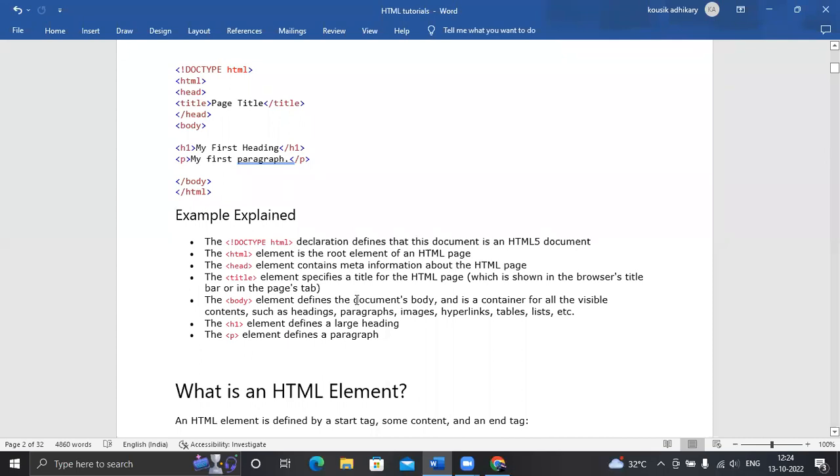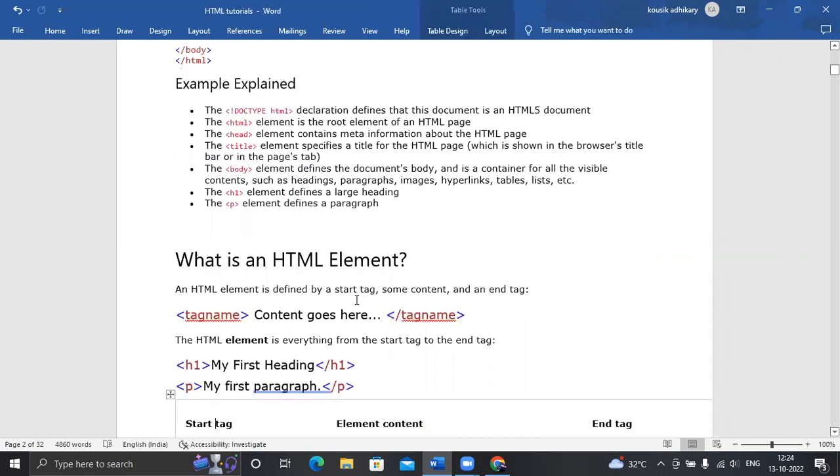Whatever you write within the body tags will come into the body of your website. H1 defines the larger heading. The P element defines a paragraph.